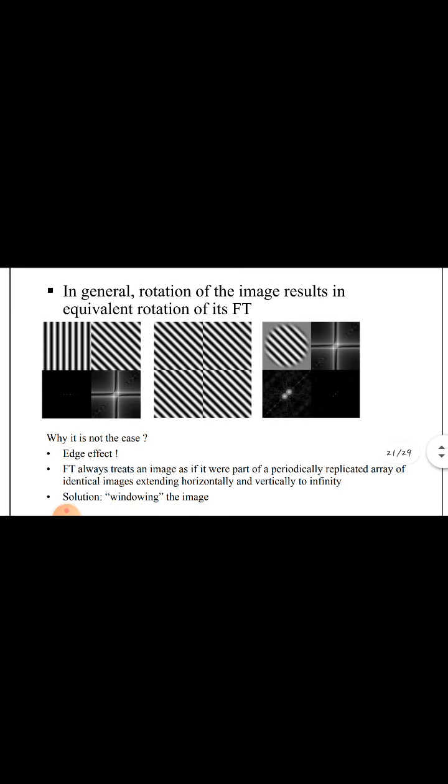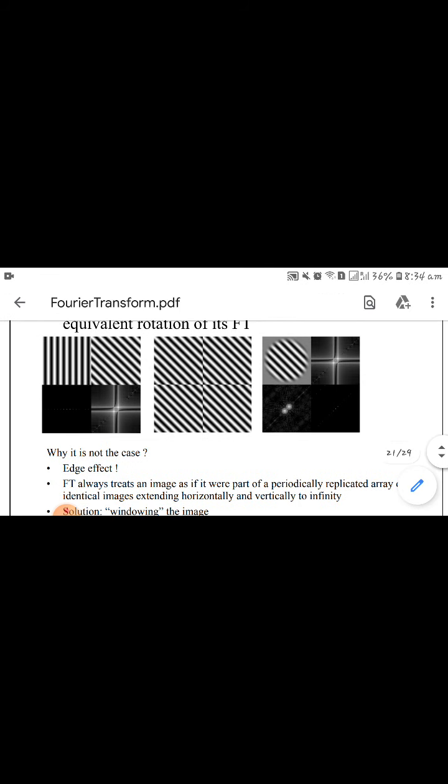And this is important. Why this is important is whenever you are trying to shift an image, whenever you are trying to rotate an image, the effect will be visible in your Fourier transform. So you can see the three images. The first image is a horizontal lines. You can see the brightness along the horizontal line, and when you rotate the same image around 45 degree, you can see the Fourier transform how it is changed.